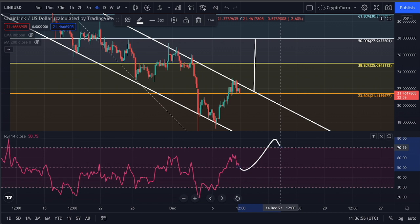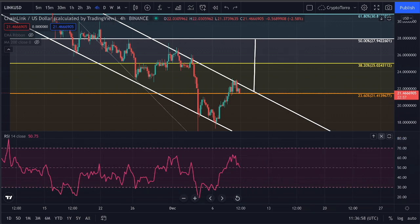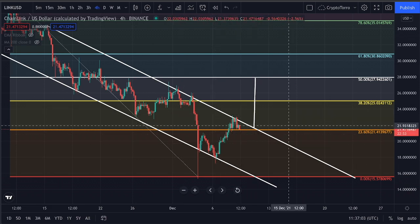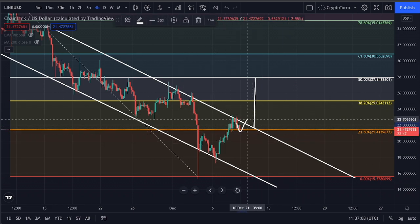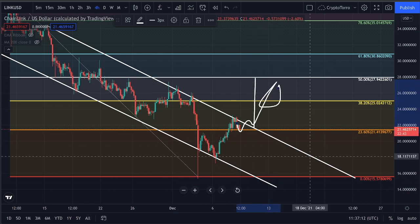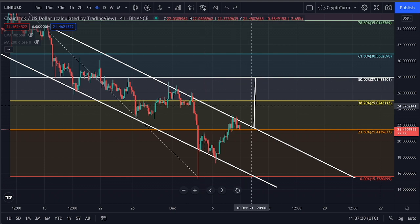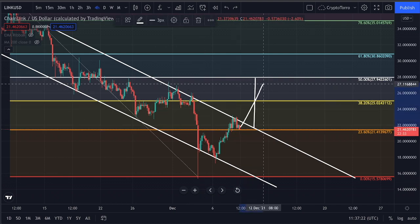So currently, just to summarize, what are the key aspects that you have to take into consideration? Well, for sure, right now we are seeing Chainlink heading towards a retest of this descending resistance, perhaps being able to break out above it and seeing a major leg towards the upside getting created. If this occurs, you have to take into consideration that at approximately $26.32, we will be finding major levels of resistance, and therefore a rejection at that point in time is likely to occur, finding support on top of the